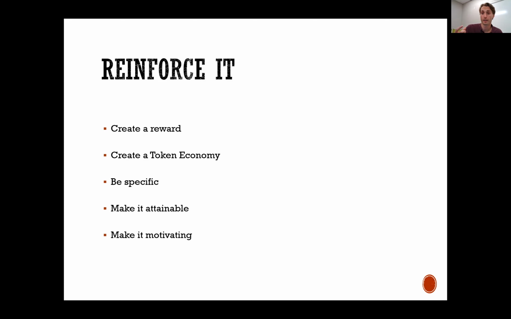So what we did there was we taught him that instead of doing this bad thing, instead do these good things. And when you do those good things, you're going to get this instead. We effectively taught the student a new behavior to replace the behavior he was using to get peer attention, right? We created a reinforcement system for it. We put tally marks on a piece of paper. You can put stickers on a chart. You can put pennies in a jar. You can put rubber bands on a wrist. You can draw stars on a whiteboard.